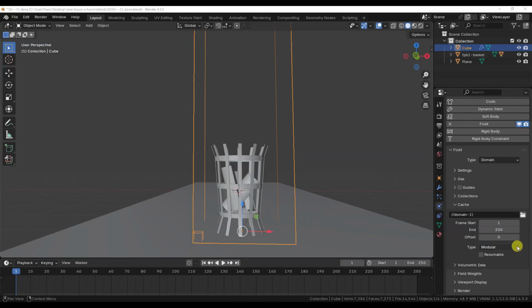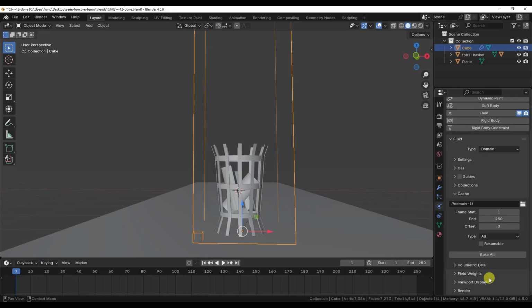The All mode finally allows you to bake the entire simulation but calculate it in the background, not in the timeline. To start the bake, you need to click the Bake All button in the panel. Blender will display a progress bar for the process. Once the calculation is complete, you can press play on the timeline to view the result much more smoothly, since it has already been pre-calculated by Blender.